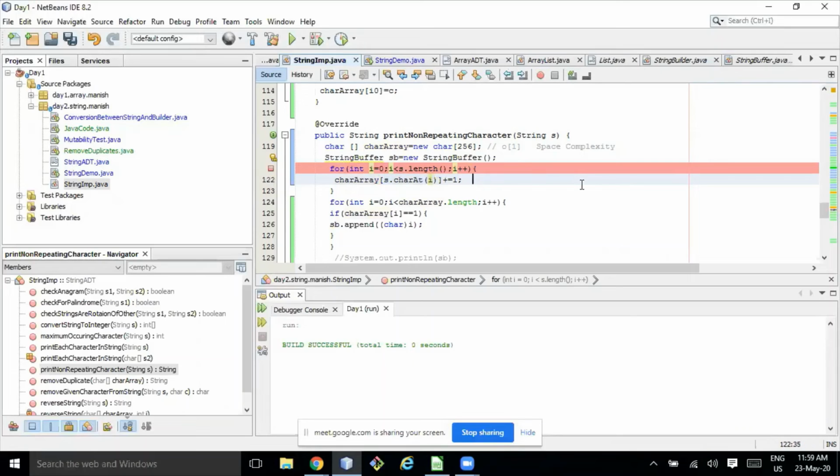Suppose it returns m. What is the ASCII code for m? Let's say it is 95, I'm just assuming. It will add 1 to char array of 95.